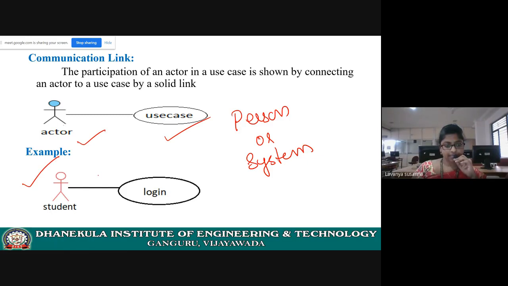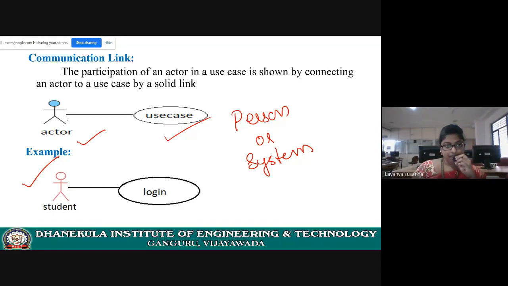Student. Actors are nothing but either a person or a system who interacts with the system, or with which your developed system interacts, like a database. So all those things are represented as actors. Once again, who are actors: the persons who interact with the system, or the system with which the developed system is interacting. You are developing some system, that system may interact with other systems also, then those systems are also considered as actors.